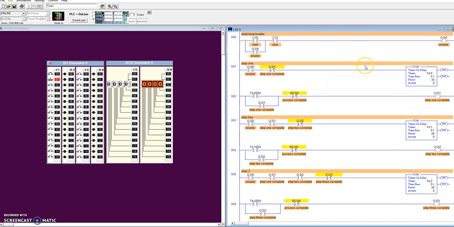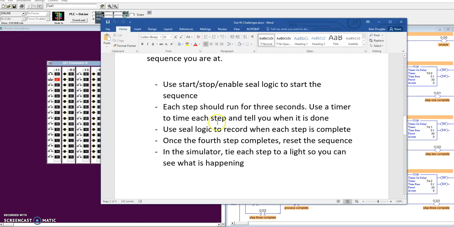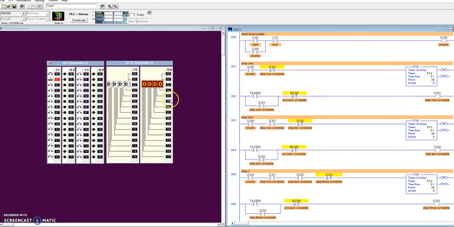Looking through what we're actually doing here, the first thing we asked for was to use start, stop, enable, seal logic to start the sequence. This is going to be pretty common. We have a start button, a stop button, an enable button, and then an enable internal bit or a real output, either one, and we're using that to seal this in. So basically that gives us control over